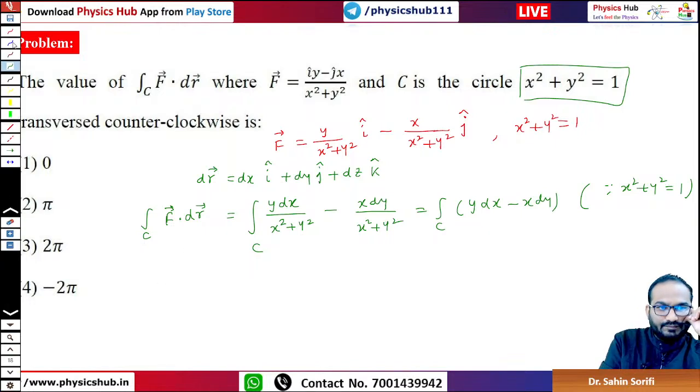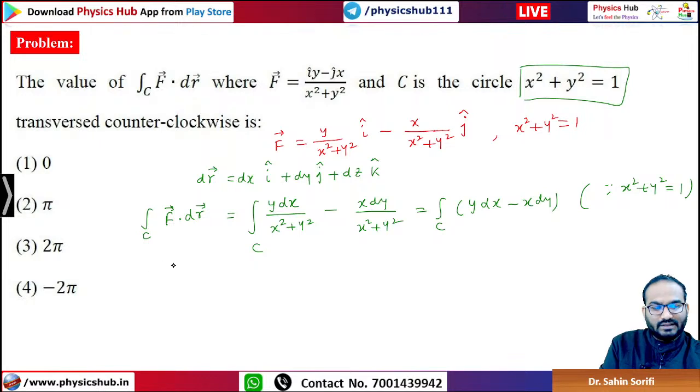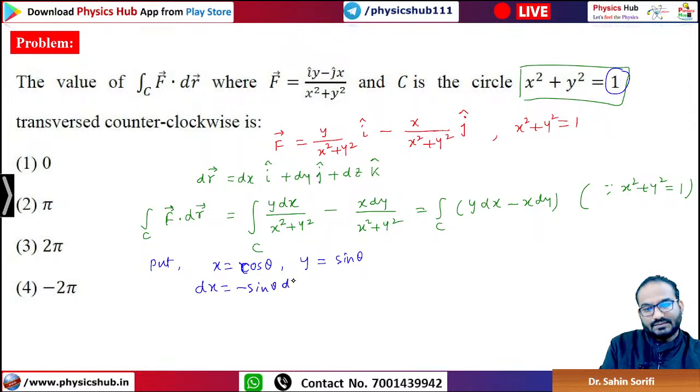So it will be a better idea if you go with the plane polar coordinate. So we can put x equals to r cos theta, and r is equals to 1. So x equals to cos theta, y equals to r sin theta, means y equals to sin theta. So it is kind of similar problem which we have done earlier. dx will be minus sin theta d theta, and dy will be cos theta d theta, right? And hence your f dot dr will become,